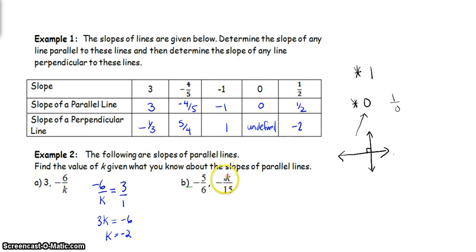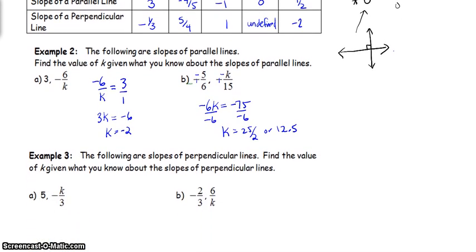This k doesn't always work out to be a nice integer number. For example, here, this one isn't so easy to solve by figuring out what we need to multiply by. When you have negatives, just move the negatives into the numerator and cross multiply. Negative 6k equals negative 75. Divide both sides by negative 6. A negative divided by negative becomes a positive. 25 over 2 reduced, or we could say 12.5 is what k needs to be. 12.5 rise as compared to 15 run would give you the same